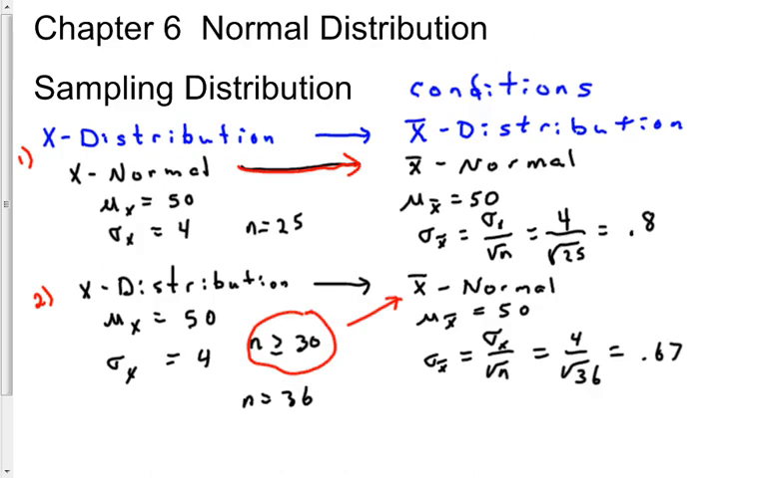Scenarios that we're going to be looking at typically are: we start normal, we get to go to normal. So if it starts normal, it stays normal. If n is greater than 30, we get to use normal. Those conditions let us use the standard normal table for the sampling distribution. If it doesn't meet one of those two things, we can't use the standard normal